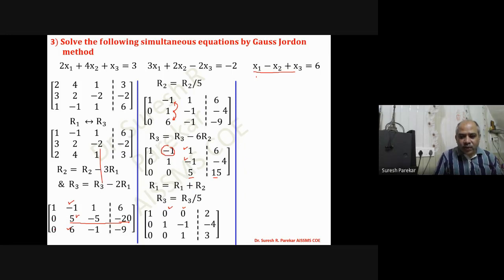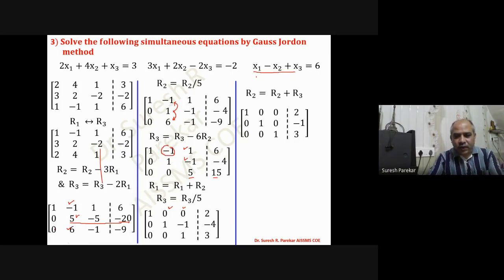And then we are going to get the diagonal, equation you will get. Then we have R2 plus R3. Now if we see this, only one remained to make 0, and that is this value that we have to make 0. And simply if I add R3 in this equation, automatically this becomes 0 and I will get this. Then I have these values as x1, x2 and x3 directly, because I got the diagonal as 1.